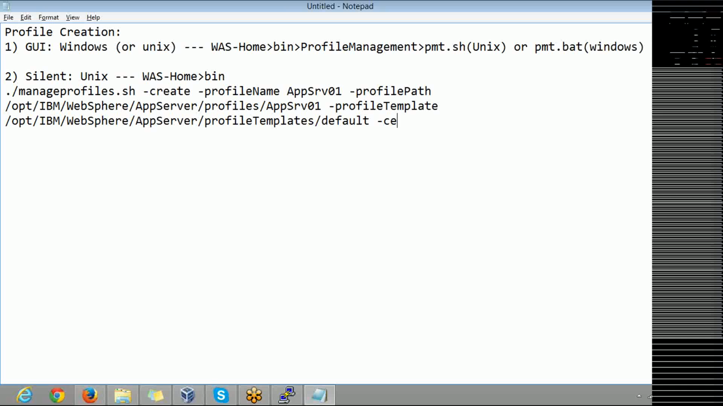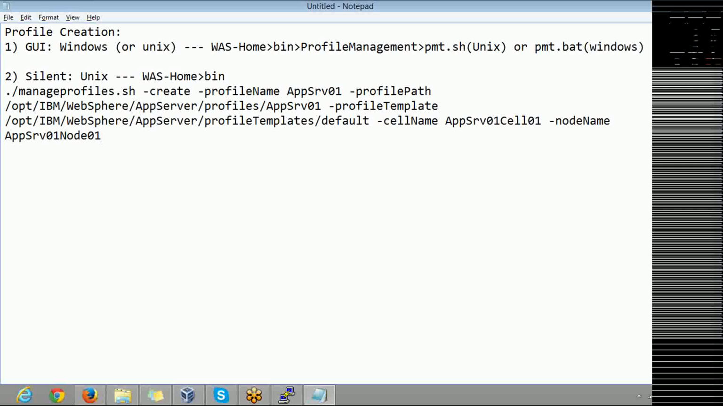At the same time, a profile contains a cell and a node, so please mention the name of that particular cell and the node name. You can give different names, but since I'm trying to create an app SRV01 profile, I'm referring to everything with that particular name. Okay, you gave a node, but the DMGR or application server profile has a GUI tool